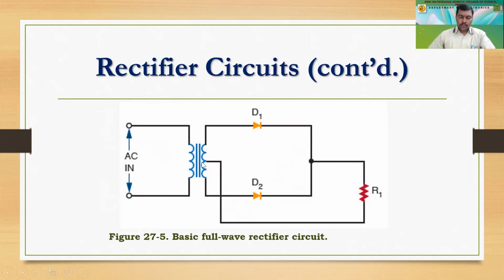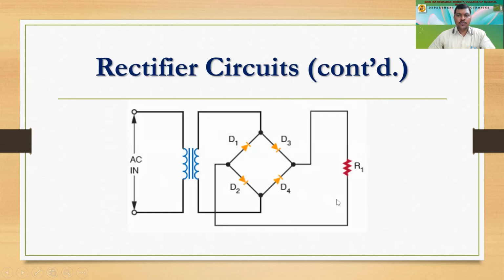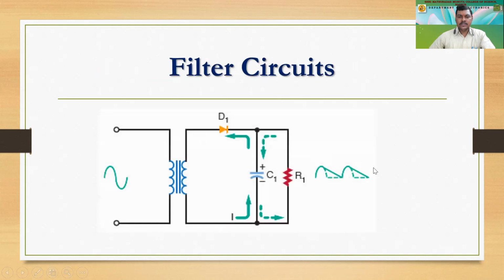So we are supposed to have this output voltage with respect to this center tapping, that is S1 and S2, right? We have studied this earlier, and this was another circuit, which is the full wave bridge rectifier circuit, in which two diodes work simultaneously to give you both the positive halves coming out across the load resistor. And this is the filter circuit.